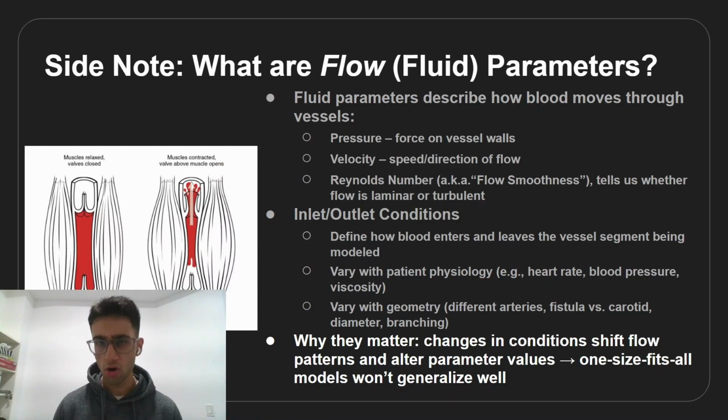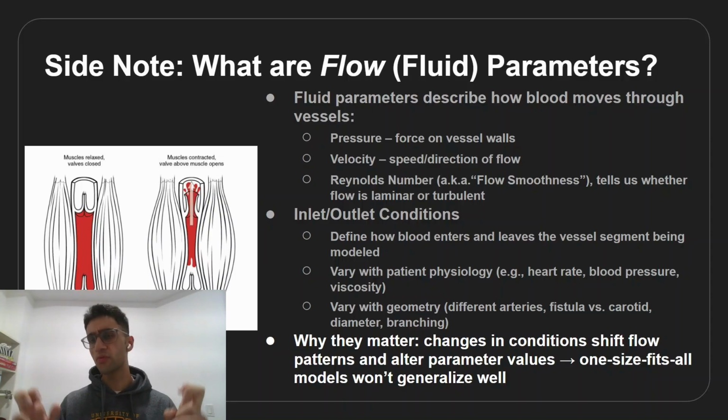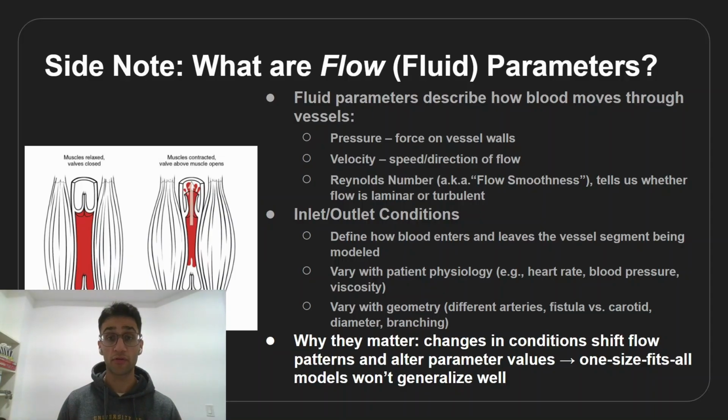What actually are flow parameters or fluid parameters? Fluid parameters describe how our blood moves through vessels. This can be pressure, the force on the vessel walls, velocity, the speed or the direction of the flow, or this thing called Reynolds number, a flow smoothness indicator. And it tells us whether flow is laminar or turbulent. And there are also inlet and outlet conditions. We define how blood enters and leaves the vessels,